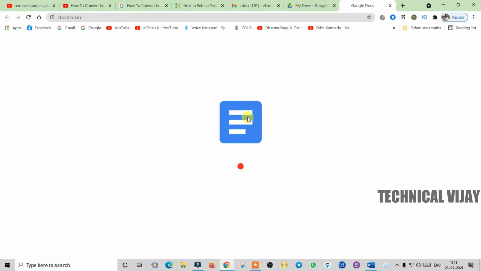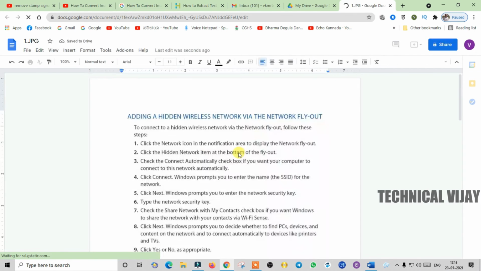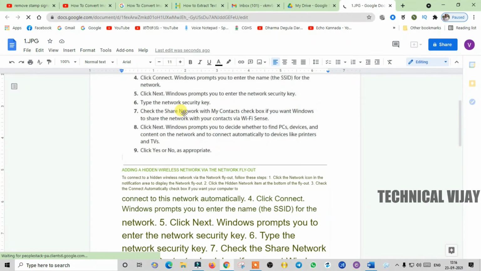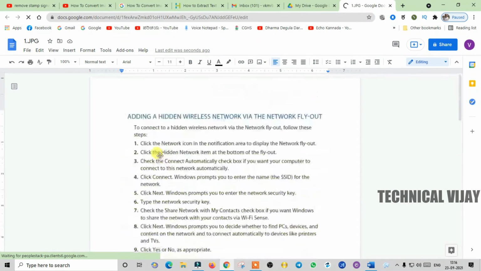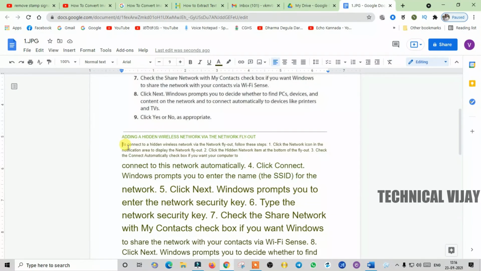One more tab is opening, and it opens in Google Docs format. Here the picture is converted. See here: adding a hidden wireless network via the network flyout. This is in text format, an editable format.